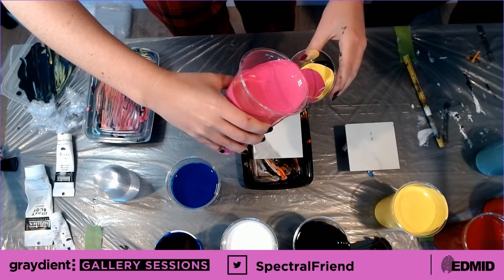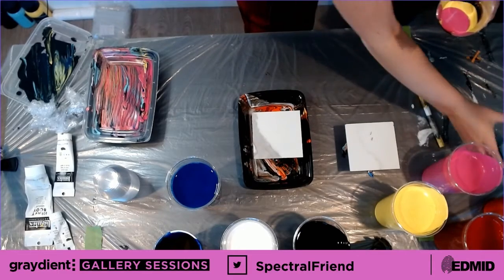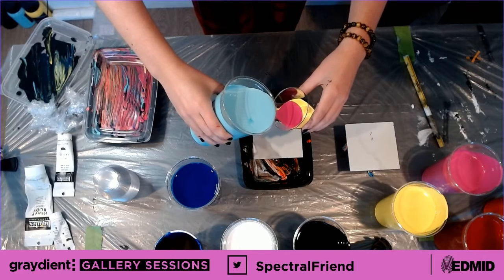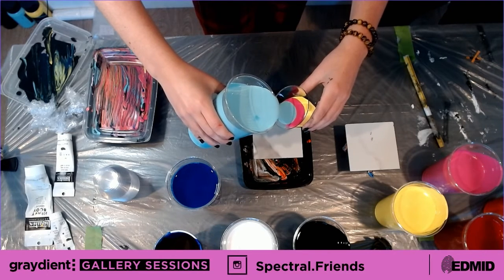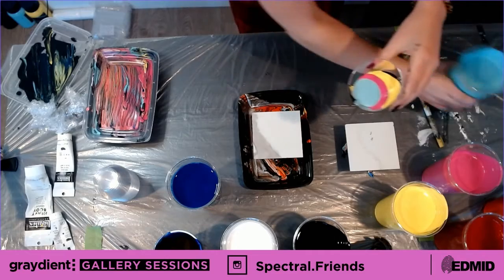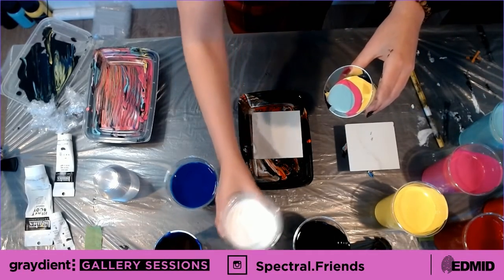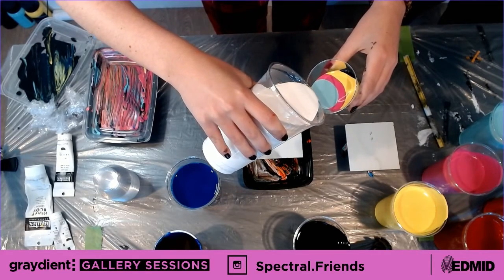I'm gonna try to put around the same amount. And it's okay if I spill a little bit onto the canvas because I think it's gonna give a thick layer in a bit. I think I could fit one more color. Yeah, that black might disappear actually. I don't know, the black's super overpowering with the colors. It's usually the way to do this